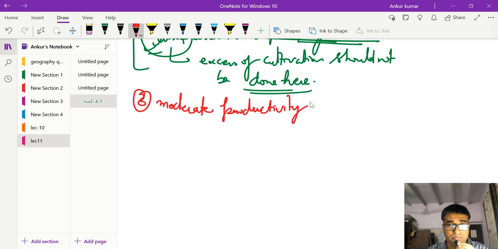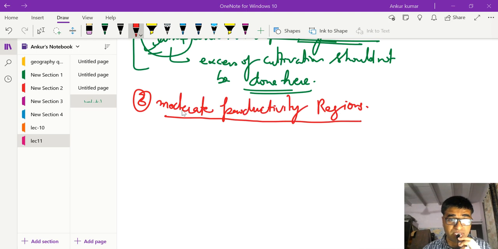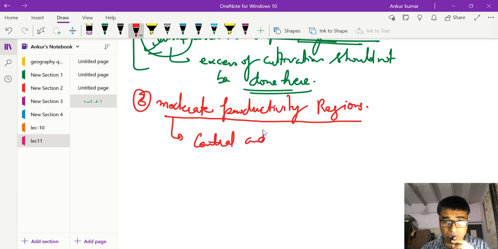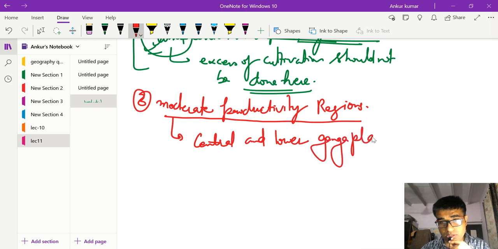Now first of all, which are the moderate regions? The moderate productivity regions are the central and lower Ganga plains,